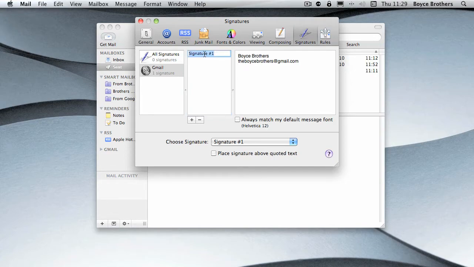Now double click on the name, so we're going to call this website, and we're going to put the website in there, and you can have this in a different font. In this case I'm going to want it to look like the rest of the email, so I'm going to tick always match my default message font,